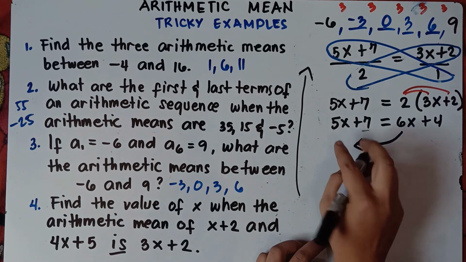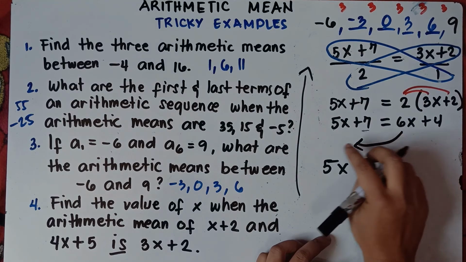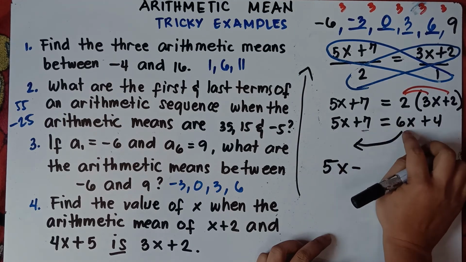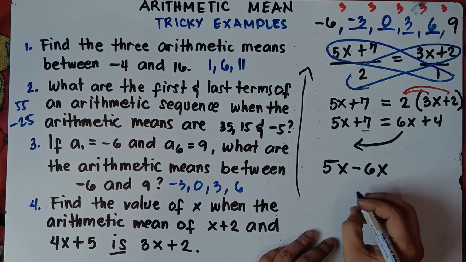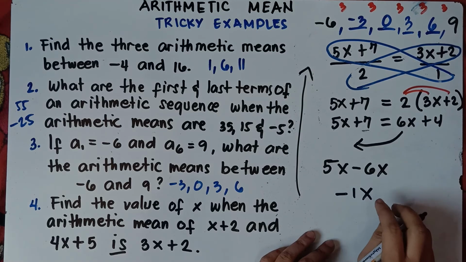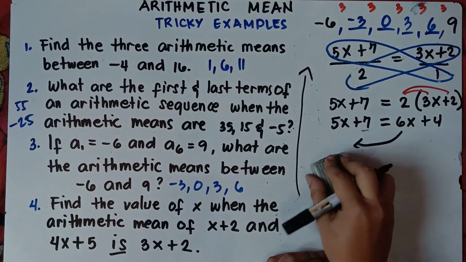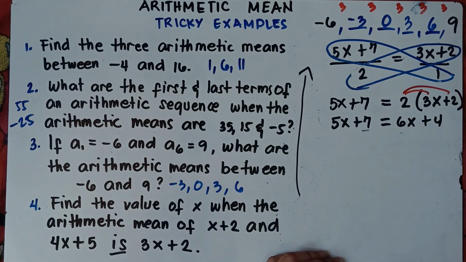But the problem, class, we have 5x here. If we transpose this 6 from right to left, your x will be negative, because 6 is greater than 5. Of course, if we transpose 6x, it will change the sign, right? This is positive, it will be negative 6x. And 5 minus 6, of course, that's negative 1x or negative x. It will be confusing, class, if the value of your x is negative. So therefore, instead of transposing 6x from right to left, we just need